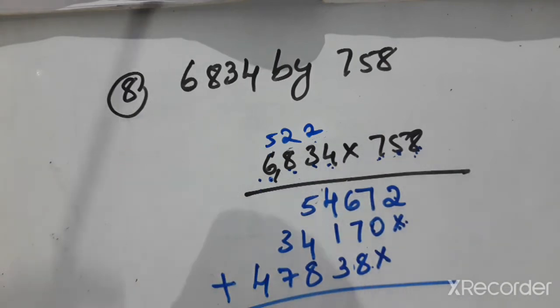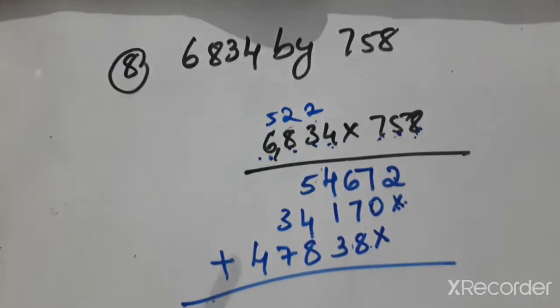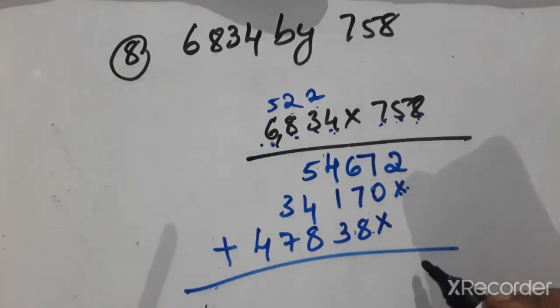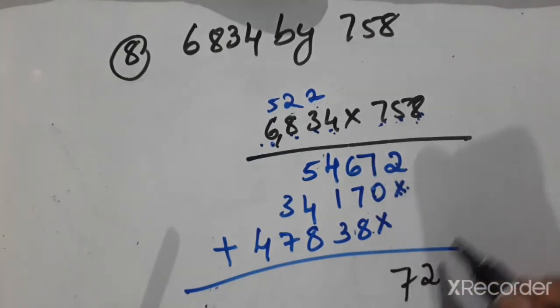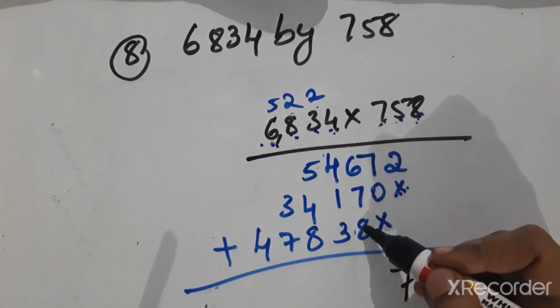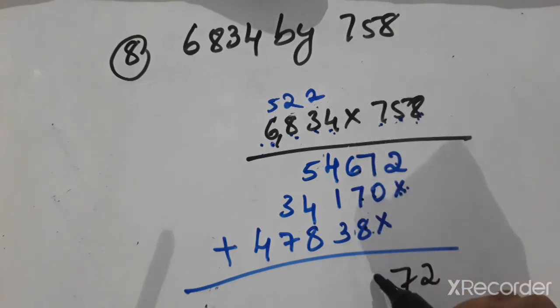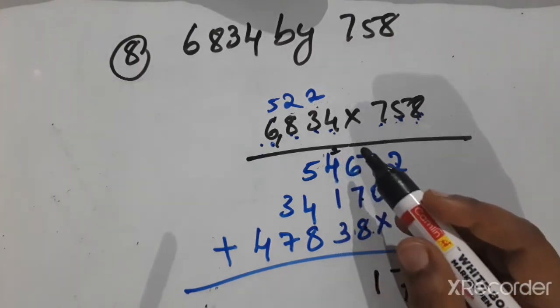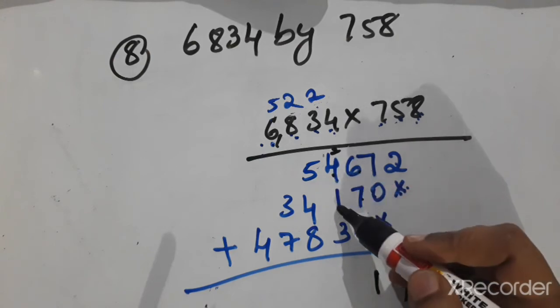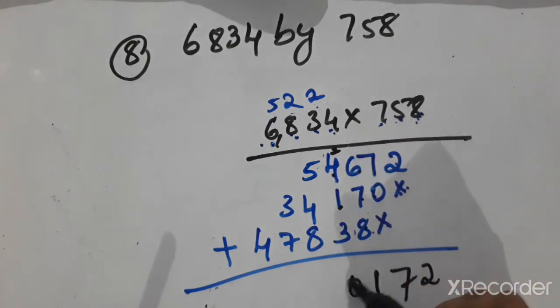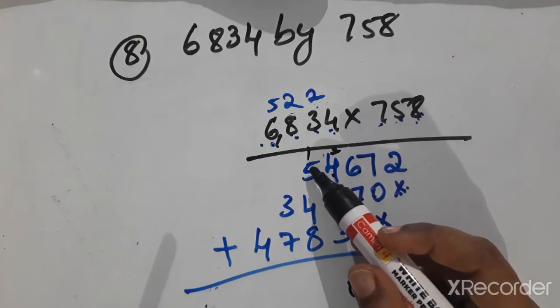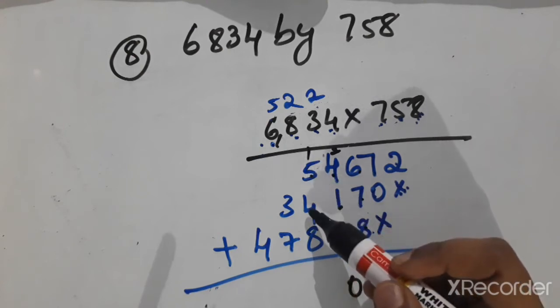And here plus symbol. Now add the total. 2 as it is. 7 plus 0 is 7. Now 7 plus 7 is 14, 15. 15 plus 6 means 21. 1 here. 2 carry out to the next place. 2 plus 4 is 6, 7. 7 plus 3 is 10. 0 here. 1 carry out to the next place. 1 plus 6 is 7.